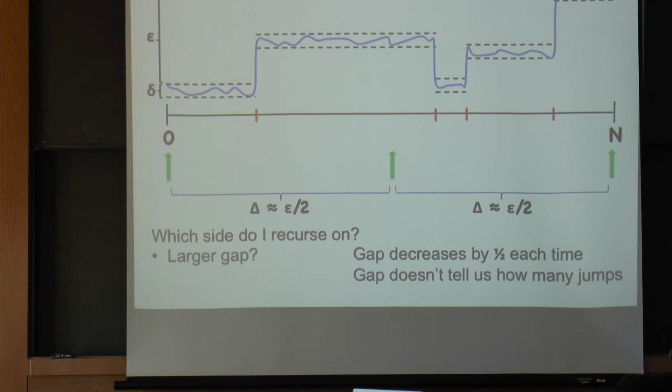So recursing randomly, proportionally to the gap, wouldn't leave you ahead? I don't think so. Part of the reason is the gap also doesn't really tell us about how many actual jumps there are within that interval. So here you could be unlucky and recurse right, but you could be very lucky and recurse left. I haven't thought about it. It might work, I'm not sure. The worst example is it just goes very, very slowly. Then you just recurse uniformly and your success probability is something like 1 over the number of traitors, which you cannot beat with any of this.